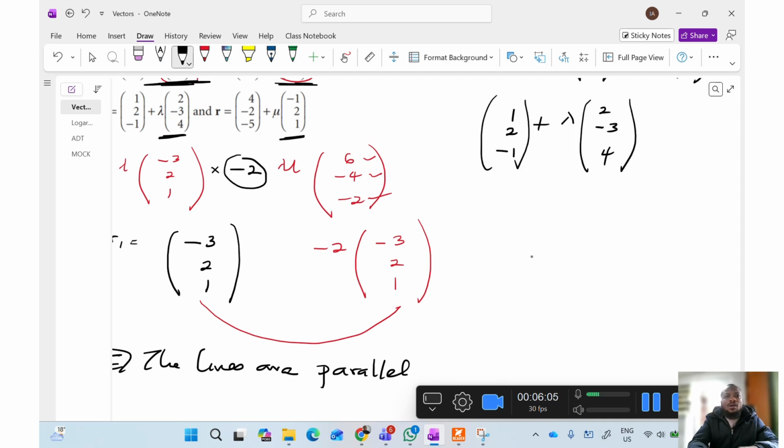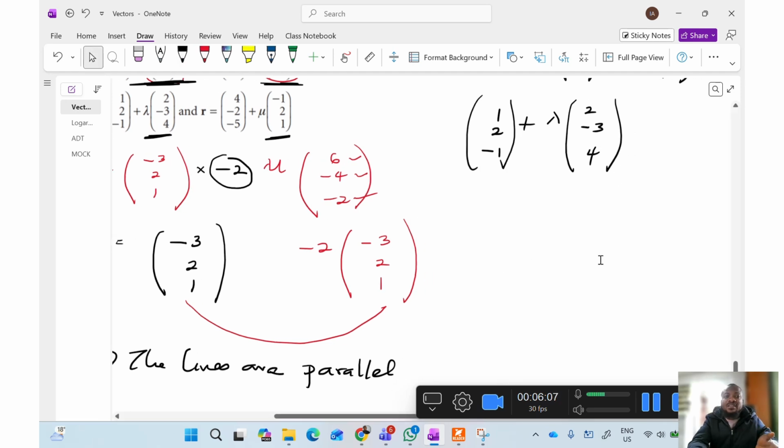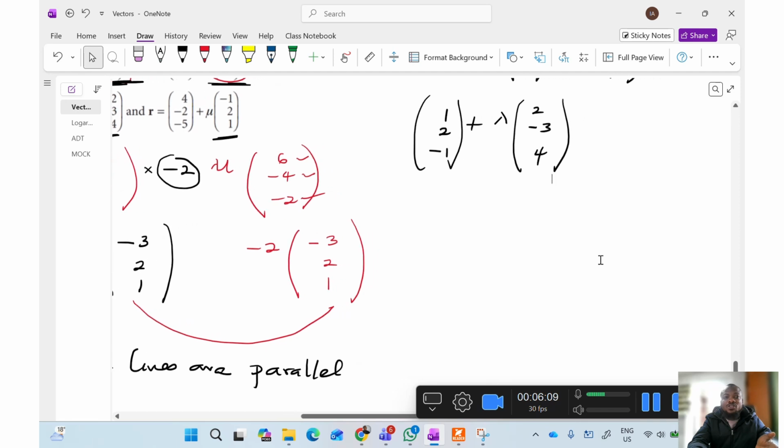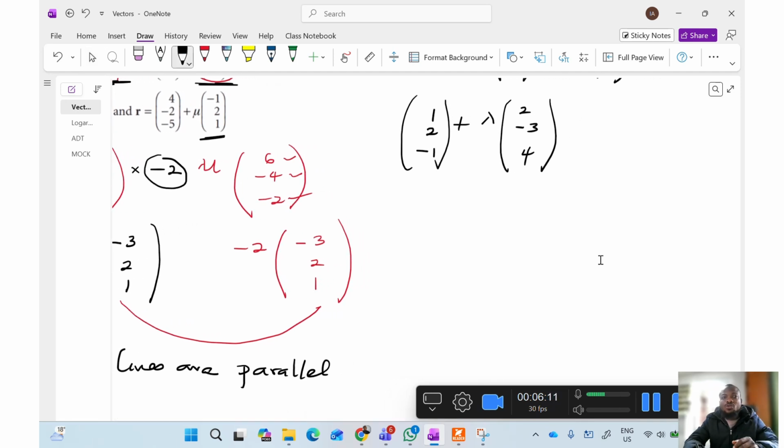Okay, since you want to find out if they have a point of intersection or they are skew, then you have to equate them. Okay, to be equal to 4, minus 2, minus 5, then plus mu, and that must be minus 1, 2, 1. Okay, then you equate them together